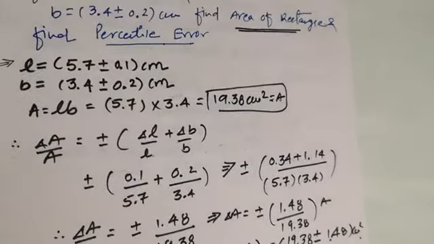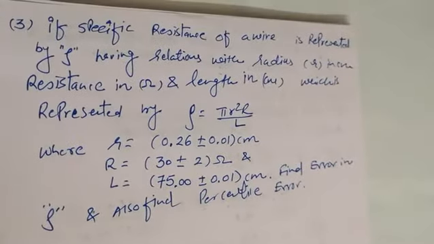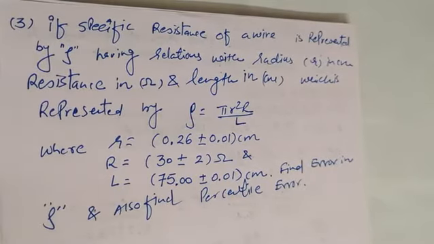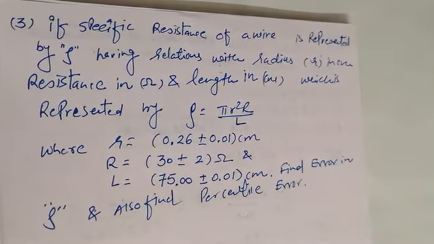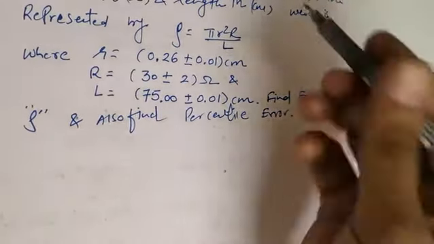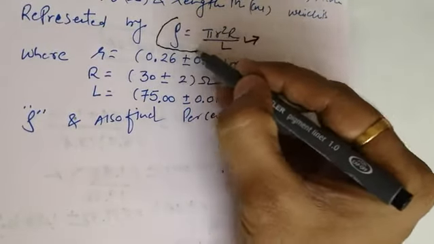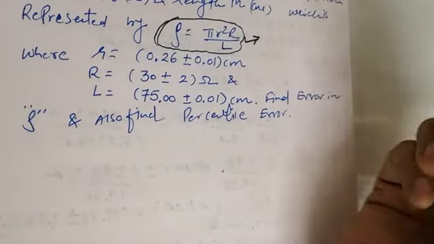So this is how we can calculate, first of all, the very simplest type of example. Now I have placed one good example for you, and that example will lead you through some of the basic queries. First of all, you have been given that the specific resistance of a wire is represented by rho, and its equation is given. Be careful, in exams you are not given such formulas, because after 12th you will be in competitive exams, and at that time you have to remember all those equations.